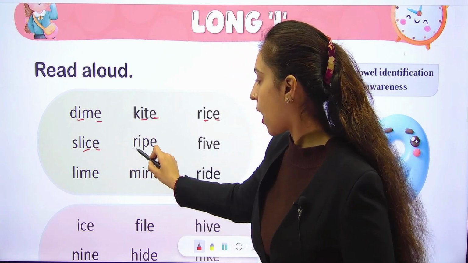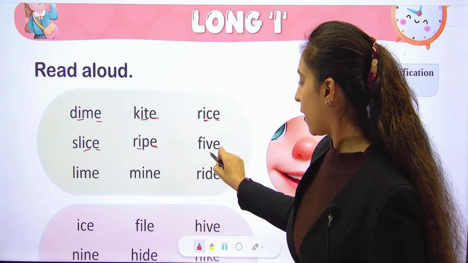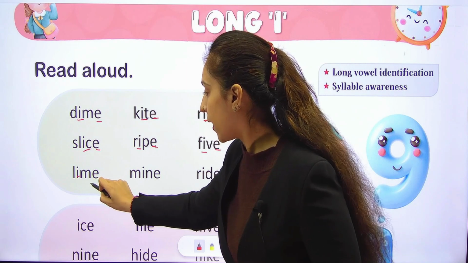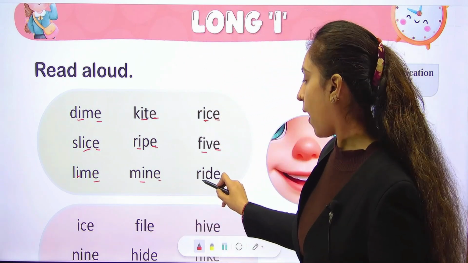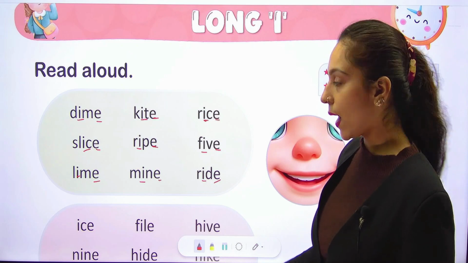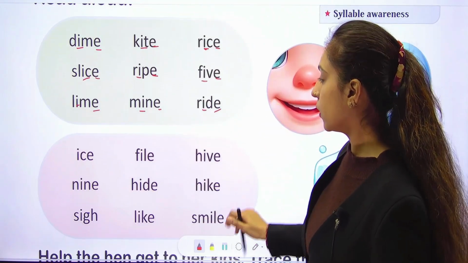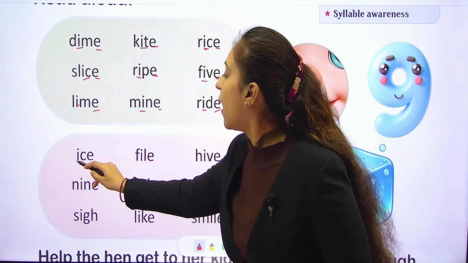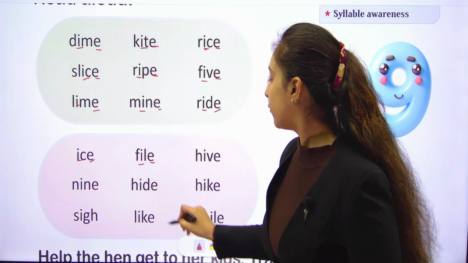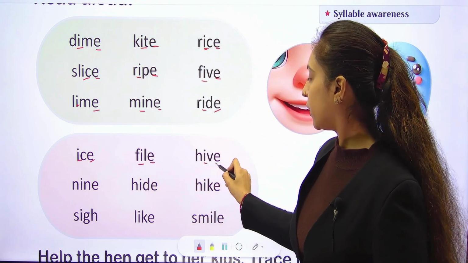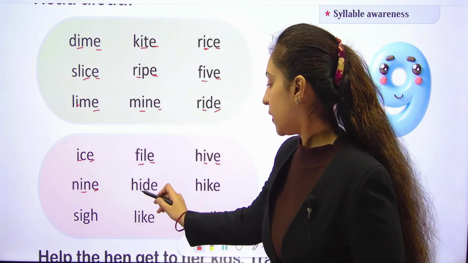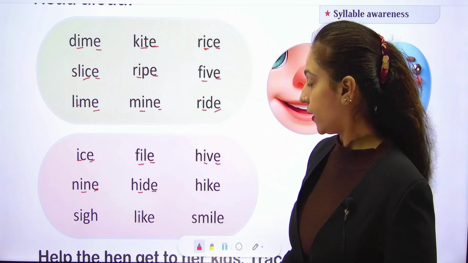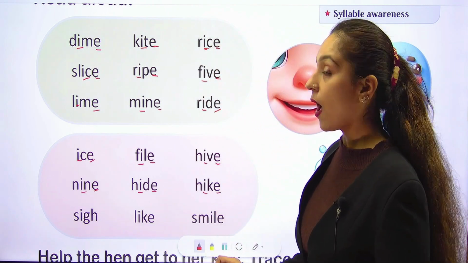S-L-I-C-E slice, R-I-P-E ripe, F-I-V-E five, L-I-M-E lime, M-I-N-E mine, R-I-D-E ride. I-C-E ice, F-I-L-E file, H-I-V-E hive, N-I-N-E nine, H-I-D-E hide, H-I-K-E hike,